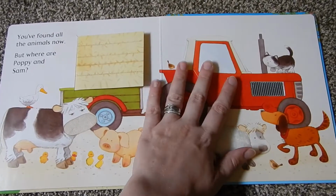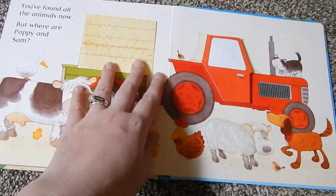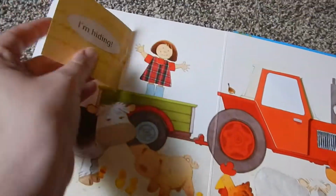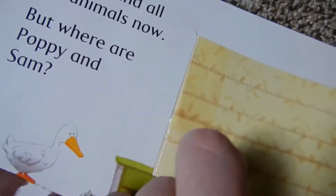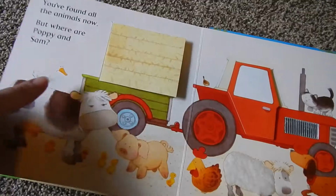Here's the little boy. These flaps are not as hardy as the Baby's Love flaps. They're thinner. You can see we've had to tape ours a couple times because Sarah loves to pull on them. But even so, we've played with this book so many times. We've read through it, and each time she giggles when she finds the animal, and she knows where each flap is. So even though we've had to tape them,